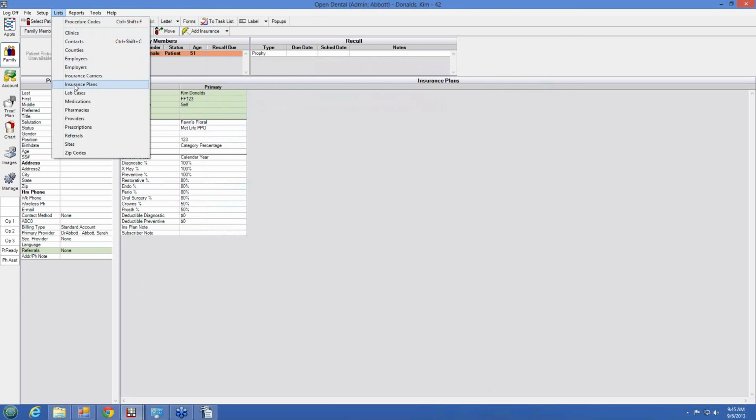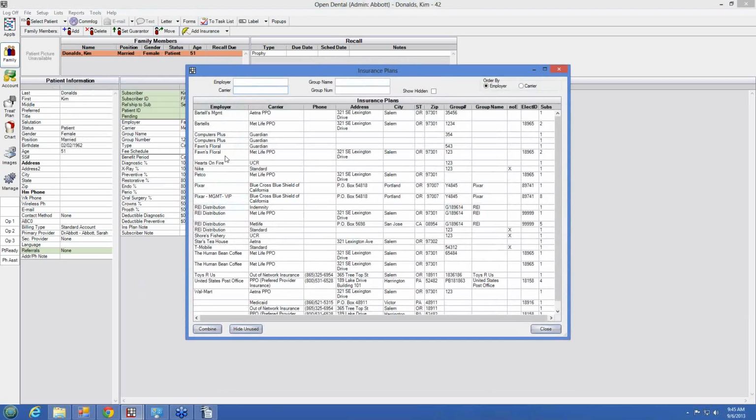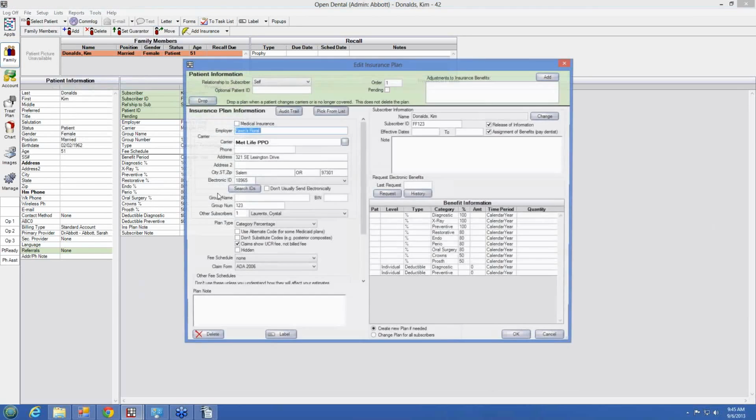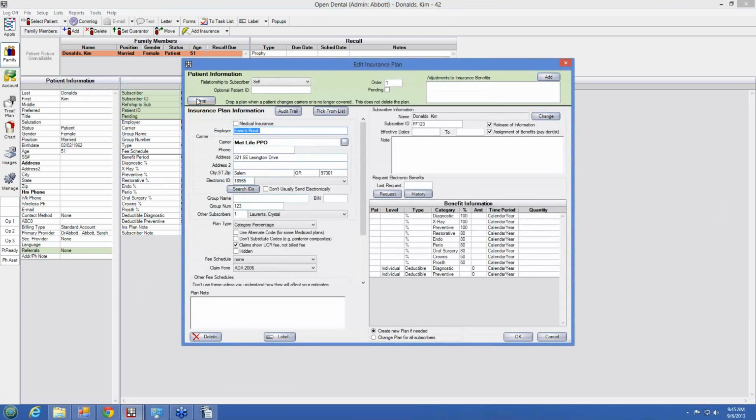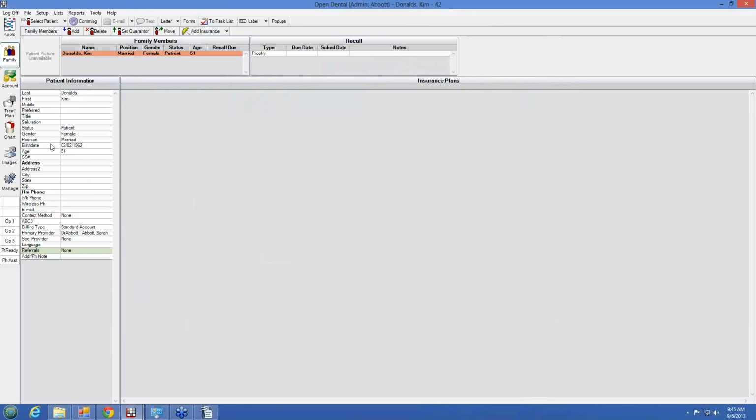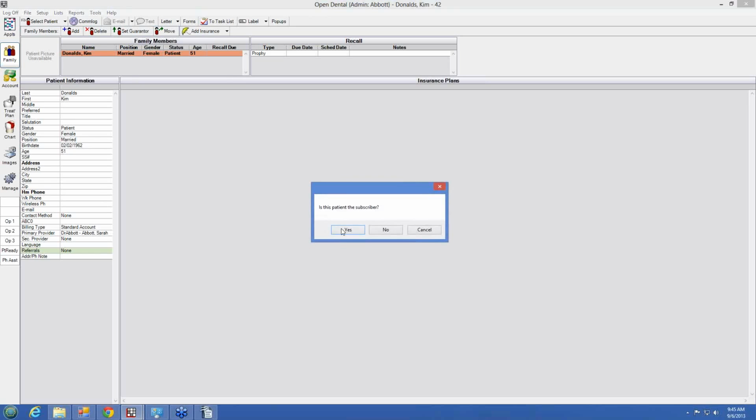Now, in the first example, I chose the Pick from List option. Using List and Insurance Plans, I can see here that there are two Fonz Florals. Okay, one with Guardian coverage and one with MetLife. If I were to, and I'm going to go ahead and drop this plan, if I were to have manually added the information by using the Add Insurance button,